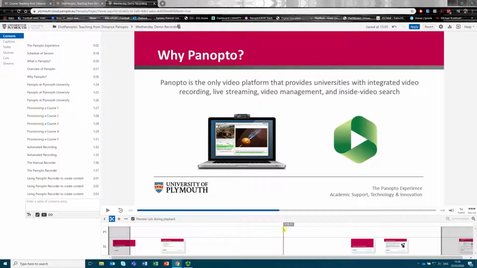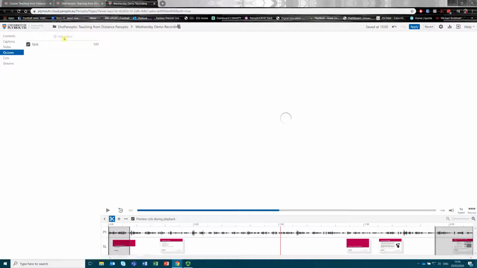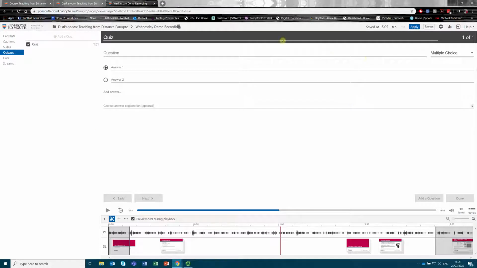If we drop the marker down where we want the quiz to go and we choose quizzes from our side menu, we can choose the option to add a quiz, and after a second it will load our quiz maker or our question maker. So we're going to call this quiz demo,